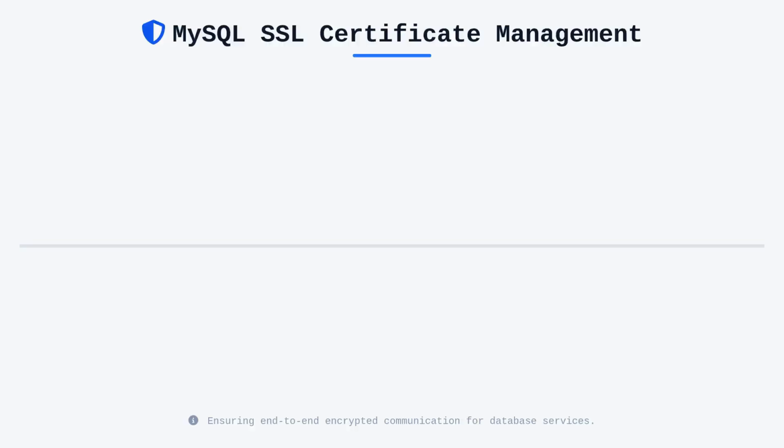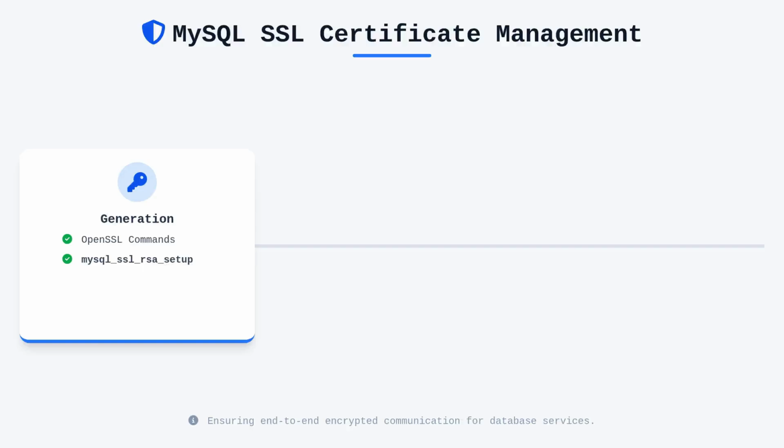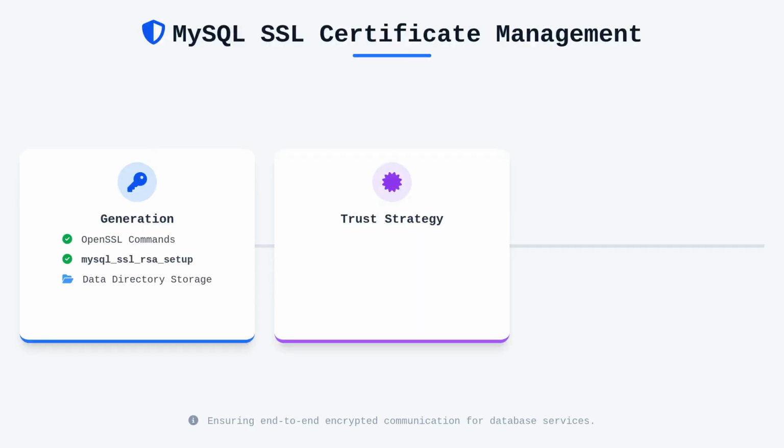To facilitate this, the system uses digital certificates, which can be generated either through standard OpenSSL commands or the dedicated utility provided by MySQL, known as MySQL SSL Setup. This tool automatically creates the necessary CA certificate, server certificate, and server key, placing them in the data directory by default. When handling high-security production environments, however, you will often find that using a self-signed certificate, while functional, is less desirable than using one issued by a trusted certificate authority.